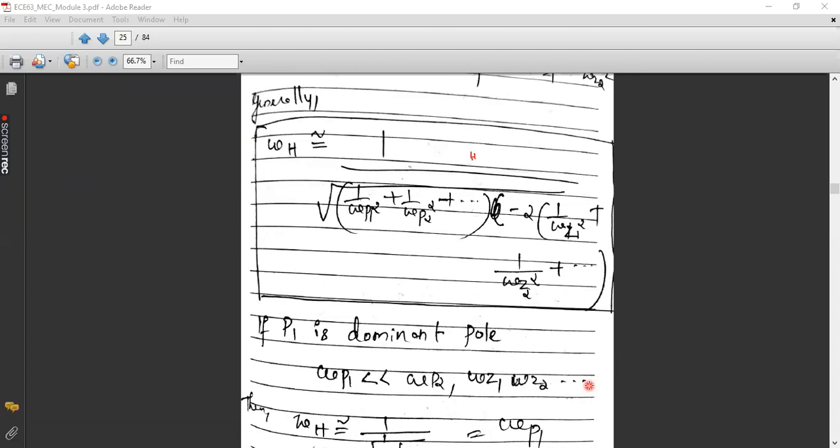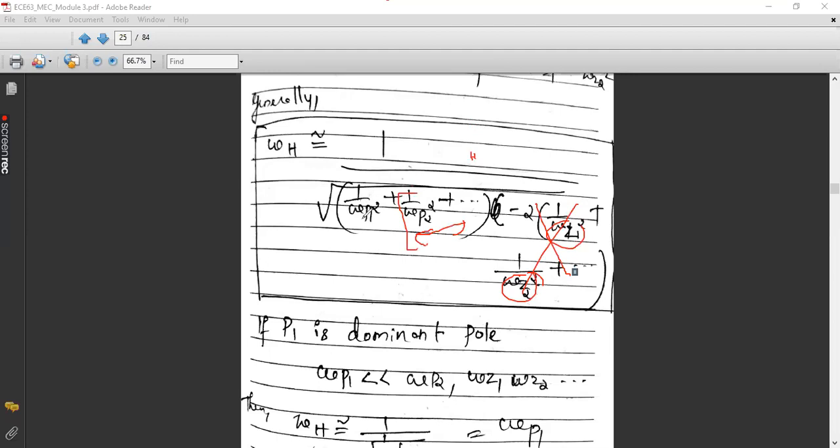So in that case, I can discard the remaining terms. 1 by infinity will become 0. So if you take this term, that will become minus 2 into 0. So this will get cancelled. This will get cancelled because these are all at infinite locations. So anything by infinity will become 0. Minus 2 into 0 plus 0 plus 0 plus 0, that will become 0 only. So this entire term will get cancelled. And similarly, the term starting from here, that is from omega p2 square, that will also become 0.